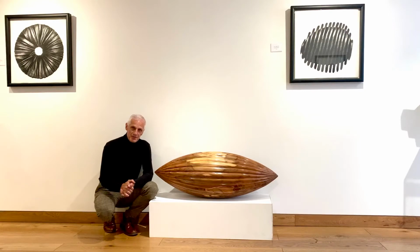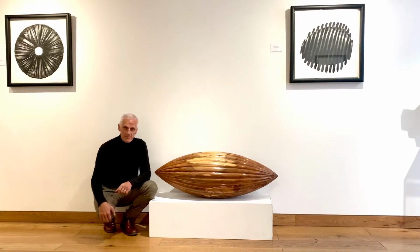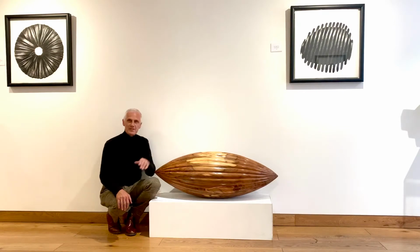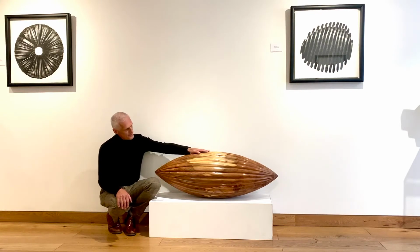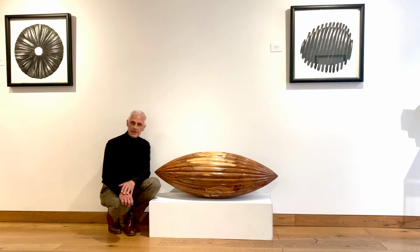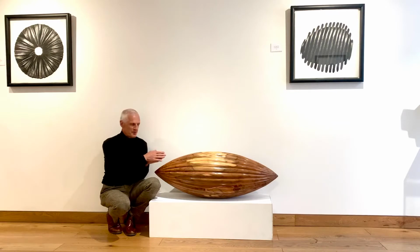Back to these strangely quiet times in COVID-19. We're having visiting sculptures in this exhibition with Beaux-Arts in London, with whom I'm absolutely delighted to be working. This piece is called Yew Pod. The clue's in the title. It's shaped like a pod and it's made out of yew. There's no hidden agenda. Although having said that, there is a hidden secret about this which I'll come on to